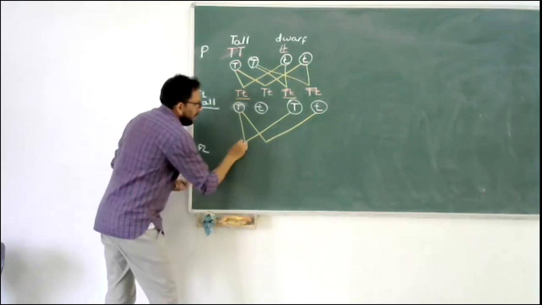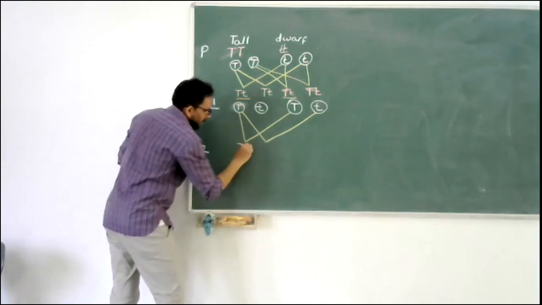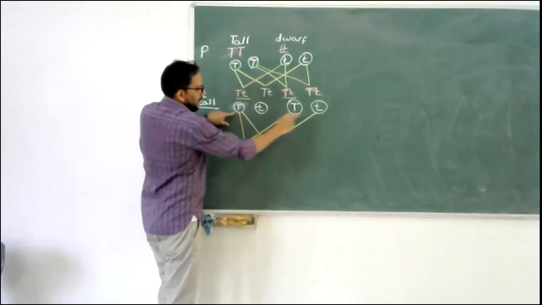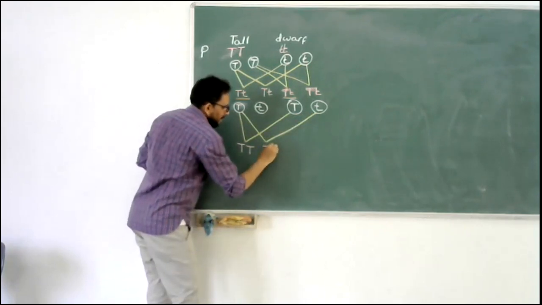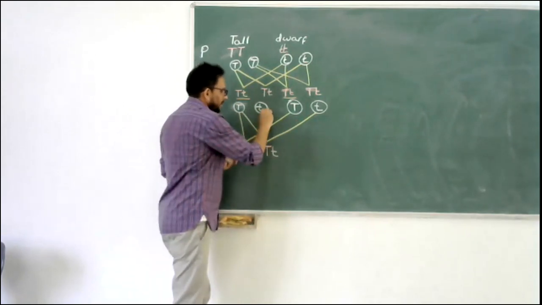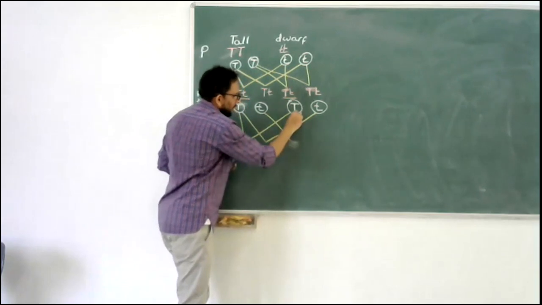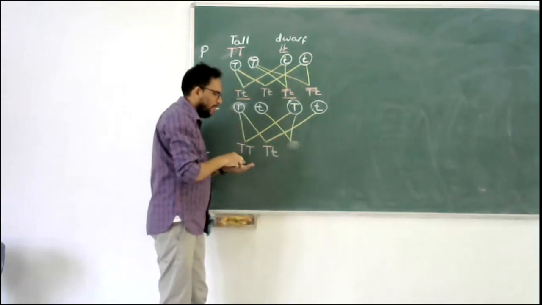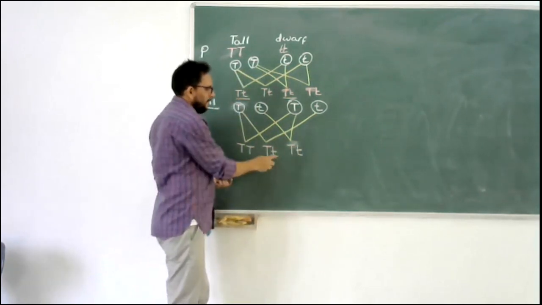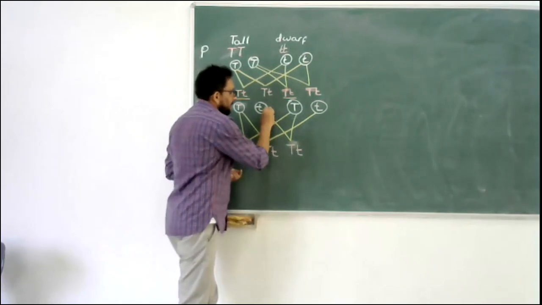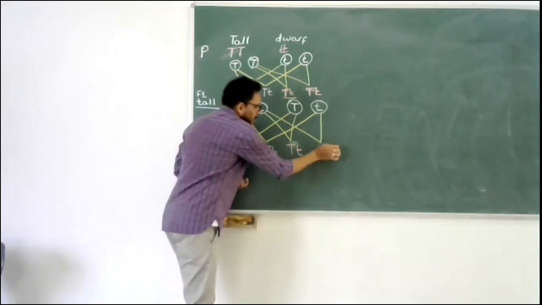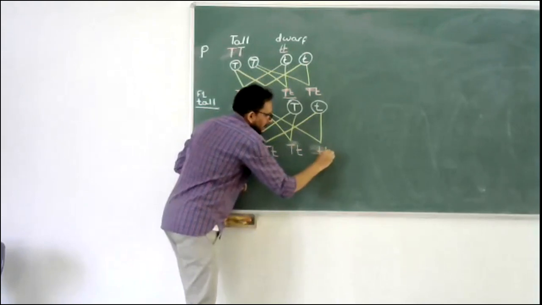What you get is capital T, capital T, which will be homozygous dominant. Then capital T and small t, capital T, small t. Then this gamete is done, so we go to the next gamete. Small t fusing with this capital T. But like I said, we always write the capital letter first, so capital T small t, which is again the same as this. And the last possible combination is small t, small t, that is the homozygous recessive.